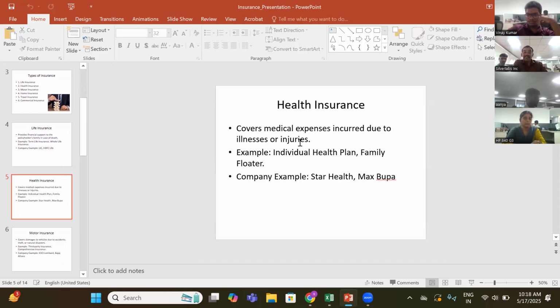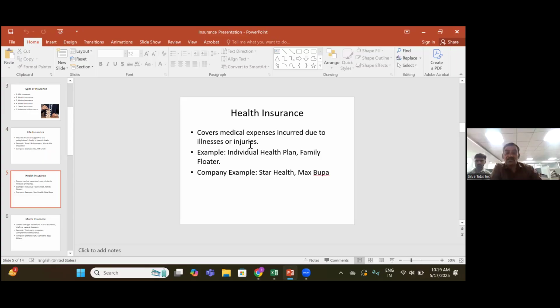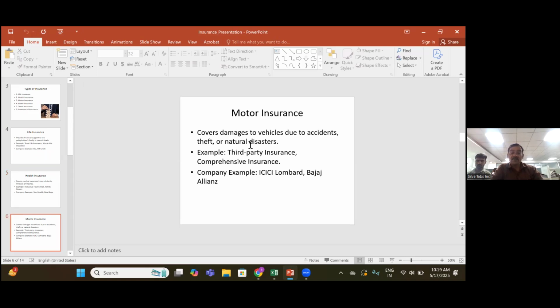Next, health insurance. Health insurance covers medical expenses incurred during illness or injuries. Examples: individual health plan, family floater. Company examples are Star Health, Max Bupa, etc. Number four,